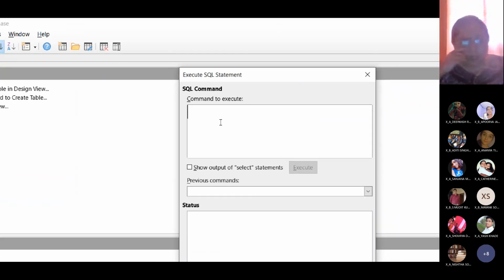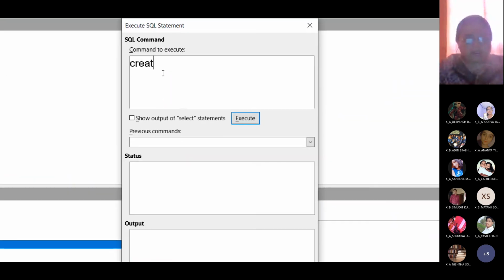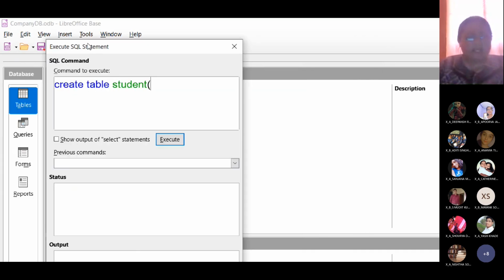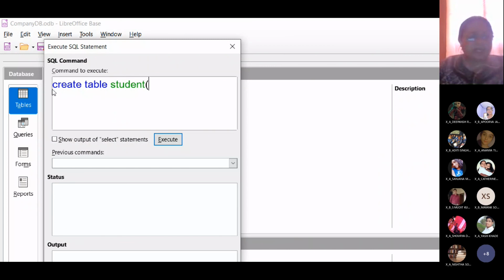So I'm typing the command over here. We start with create table, and you will see how the color is changing. Student. Now, why different colors? Create table: create and table, these two are the commands, so that is why their color is blue. You cannot change the name of these. Create table student. Student is user defined, that is, we have named the table, so it is displayed in